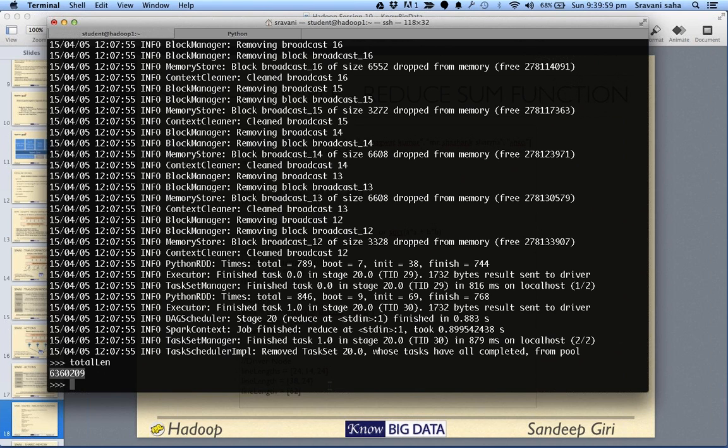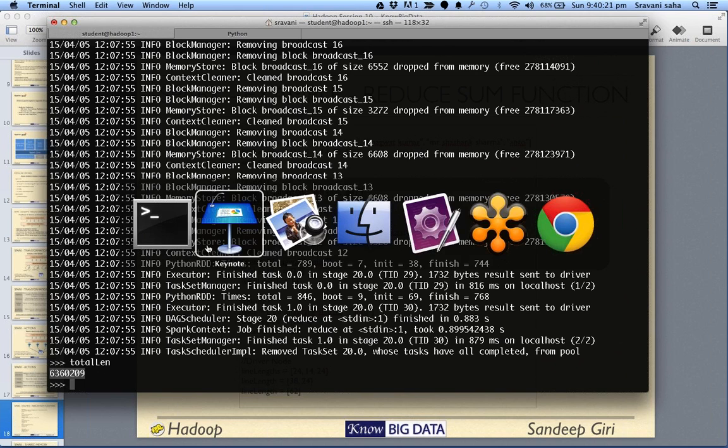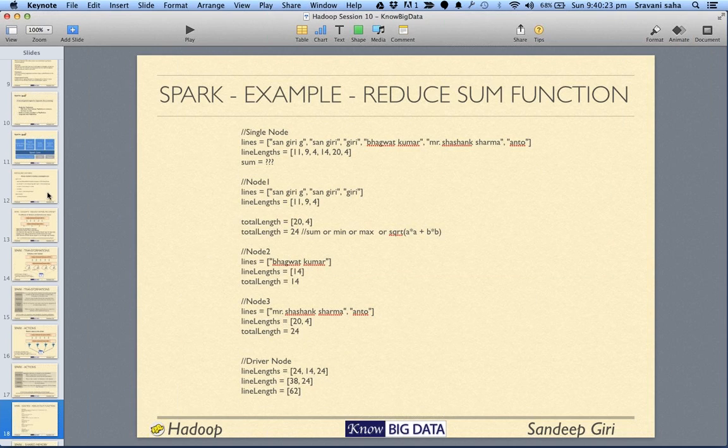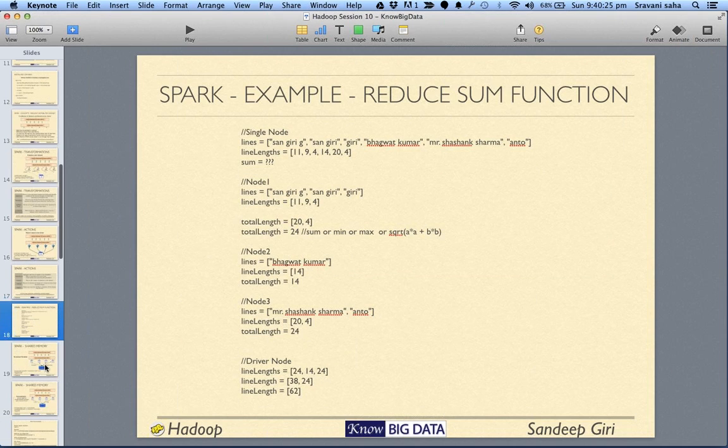So as you can see, your reduce function is first executed on each node until the values converge to a single value, and then all those values from the whole cluster are brought down locally, and again your function is applied on the local node. All right, sounds good to you? Great, awesome.